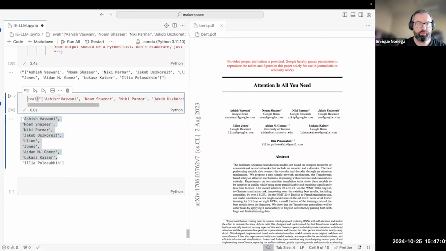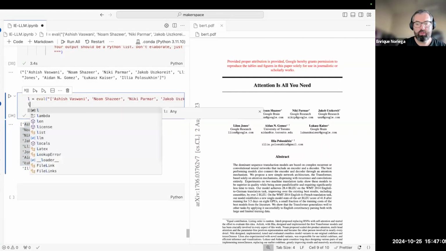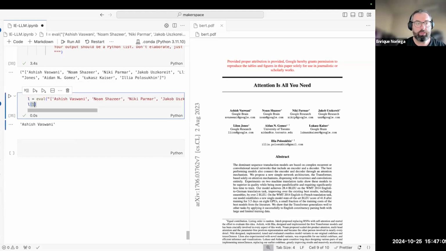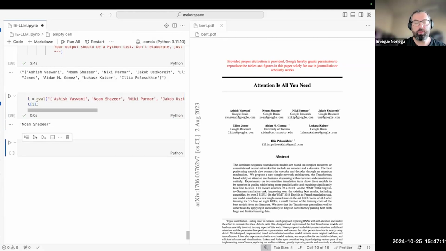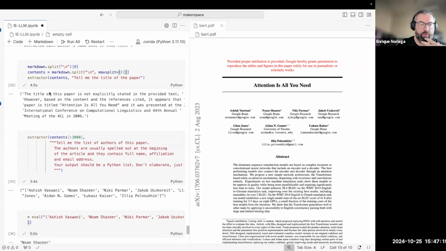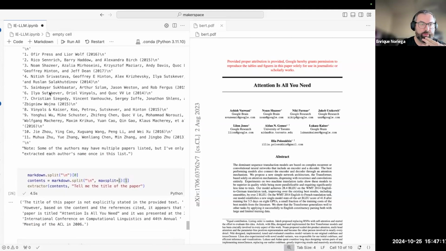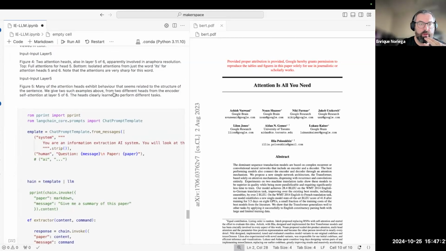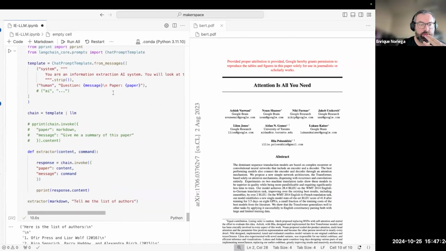This is a Python list. So we actually get that list in machine readable code. But we can go further, right? So we could use another element